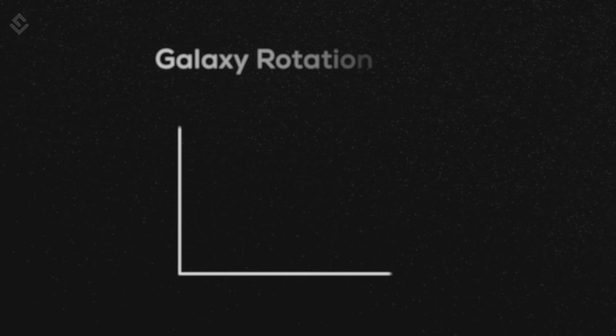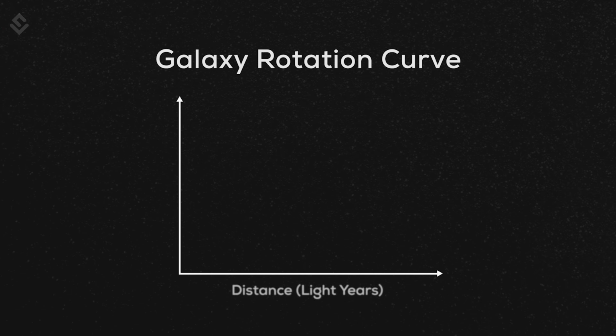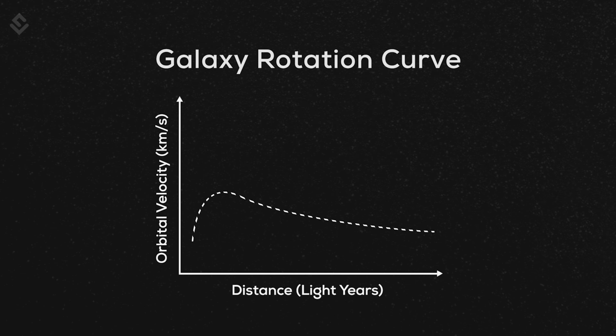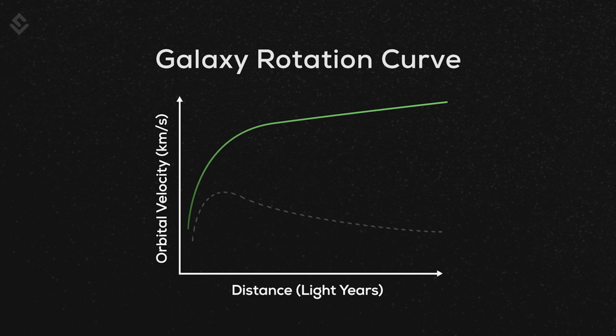These values can be plotted on a graph called the galaxy rotation curve. On the x-axis, we have the distance of the star from the galactic center, and on the y-axis, we have its orbital velocity. Now, from the visible analysis, the velocity curve should show a decreasing trend. Because as mentioned earlier, with an increase of the distance from the galactic center, the orbital velocity decreases. But then here comes a plot twist. The velocity curve showed rising values.